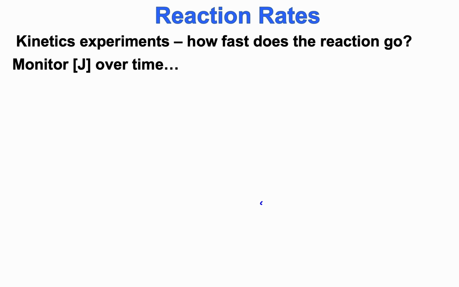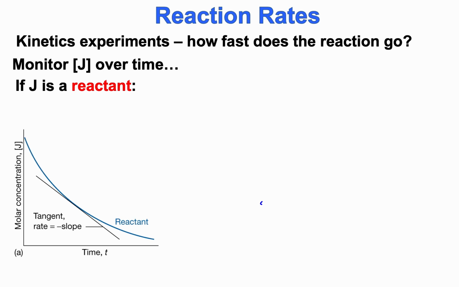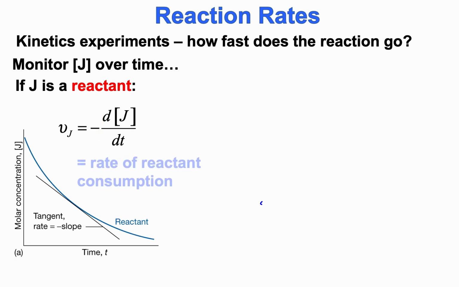We can do this by monitoring the concentration of a substance, for example J, as a function of time in a chemical reaction. For example, if J happens to be a reactant and we plot its concentration as a function of time, we should see a decrease in that concentration and use the slope of the tangent to the curve to give us a measure of the rate of the disappearance of that reactant, with the subscript of J. And this is equal to the negative of the change in the concentration of J divided by the change in time. There's a negative sign in front of that to give us a positive rate, so that's the rate of disappearance